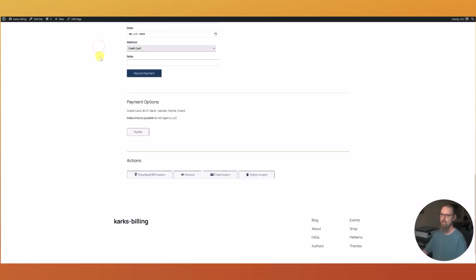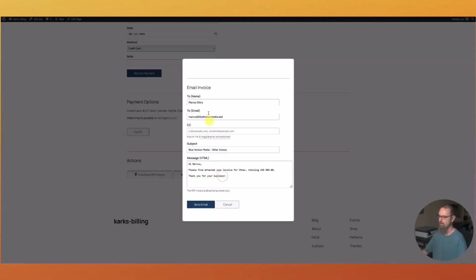The cool thing is you can manually print that out and send it to a client via snail mail, or you can actually email it right here within the plugin. I have an email invoice button here, which I can click on, and it's got all my contact information already in there. So I've got my client's name, their email address. If I want to send a CC to someone else within that company, it'll tell me what other email addresses are on file for them, and I can hit that, and then I can create a subject, and my